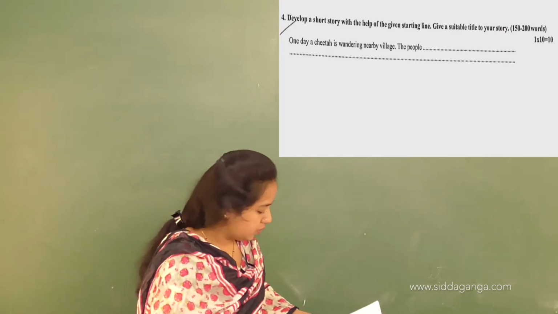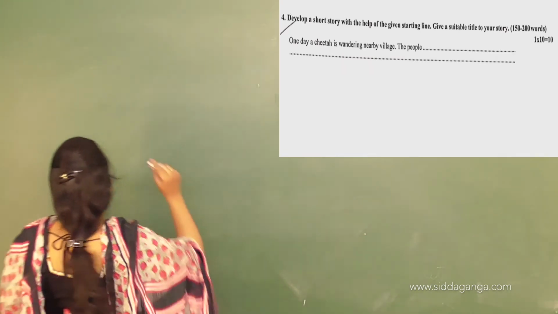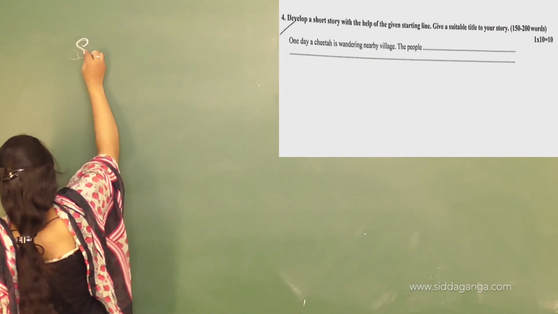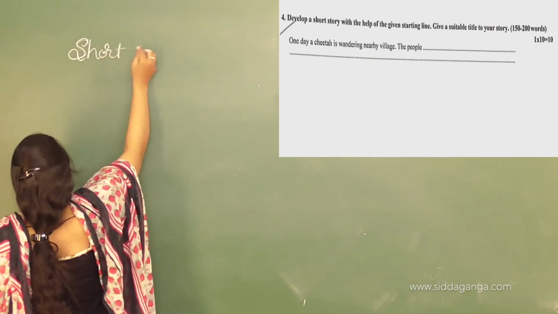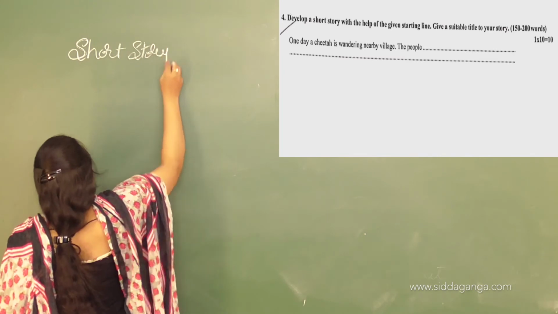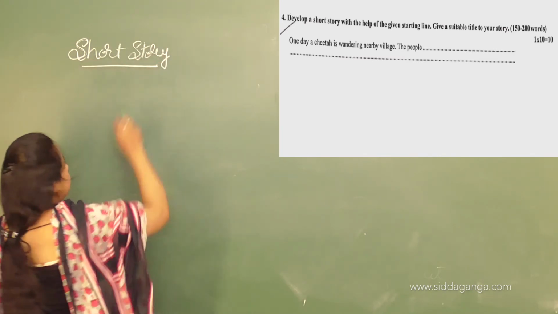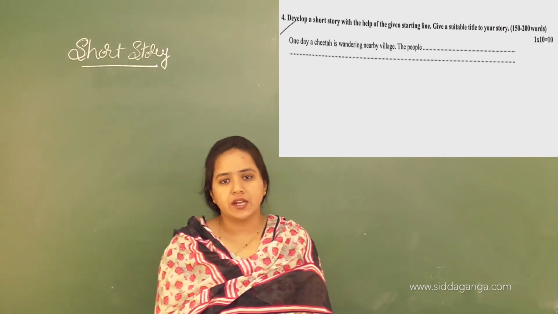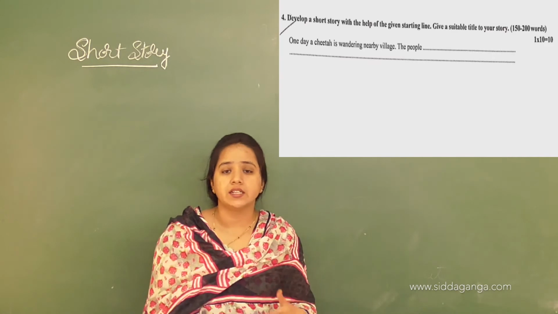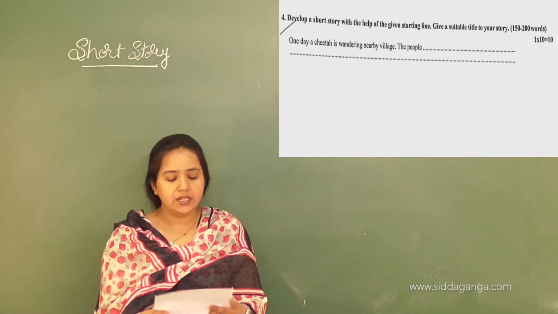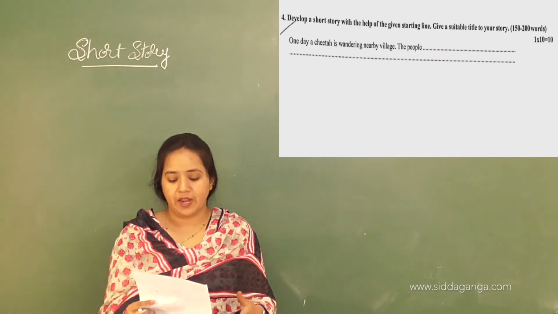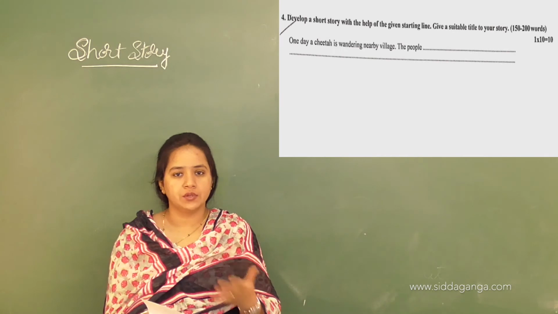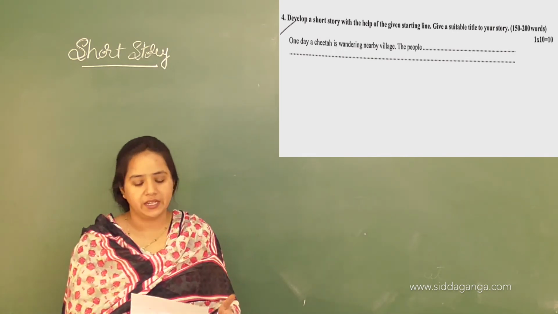Okay, so now how do you develop a story? That's a short story. Here, story writing is an art, okay? It is an art and it is a creative talent, and it is one of the oldest forms of writing composition, okay? It is not a new form. It is one of the oldest forms of writing composition.